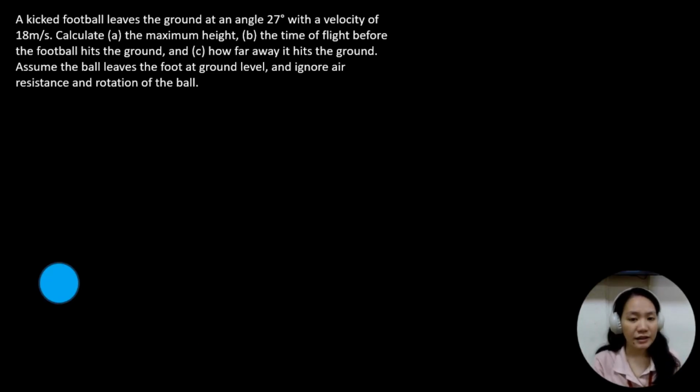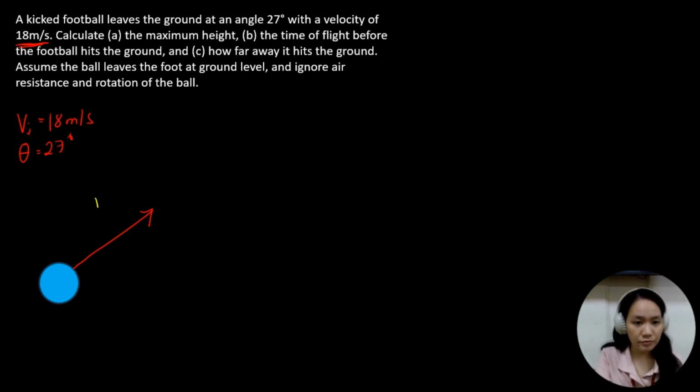So from the problem, let's say we have this ball, and this ball is, as stated, launched at an initial velocity. So let's establish the model first. The question says that the initial velocity is 18 meters per second and that it is launched at an angle of 27 degrees. So this arrow I'm drawing represents the initial velocity of the ball when it was kicked by the player. And so we will write a label here: Vi is equal to 18 meters per second.